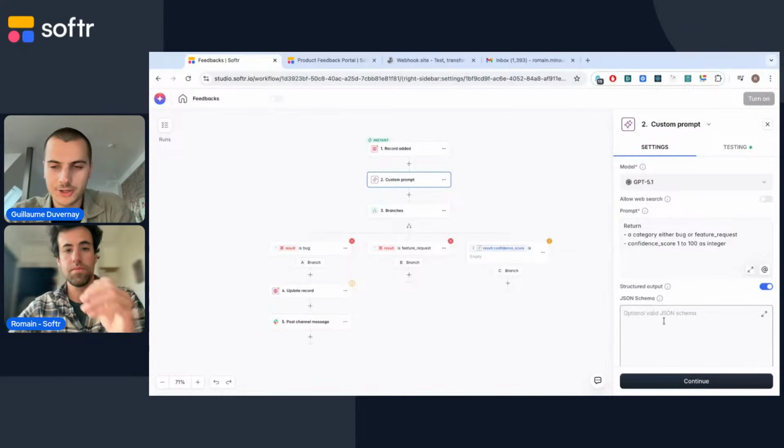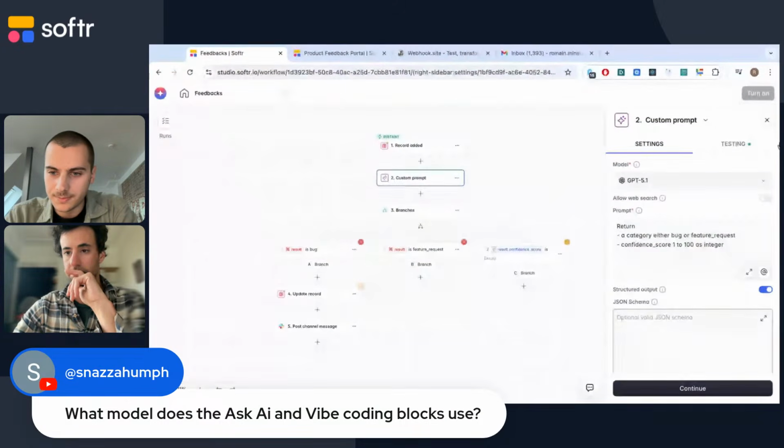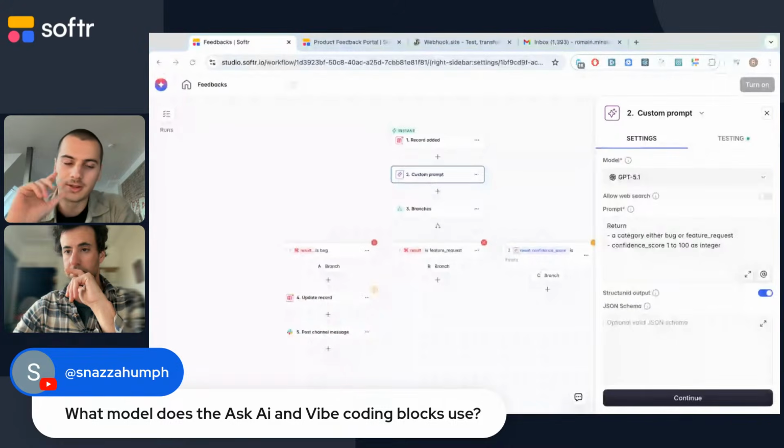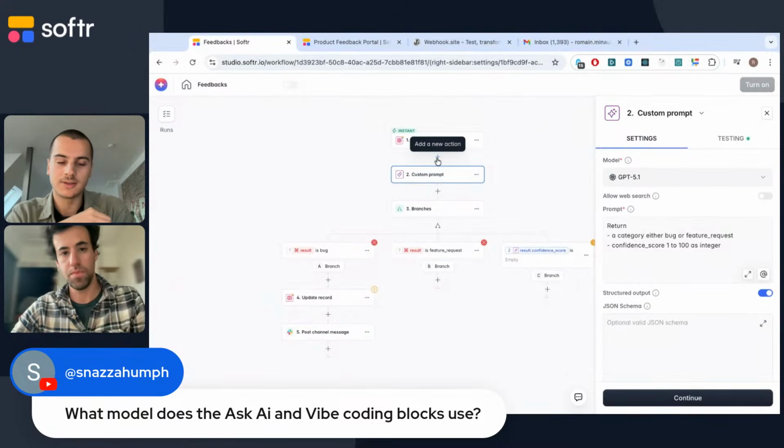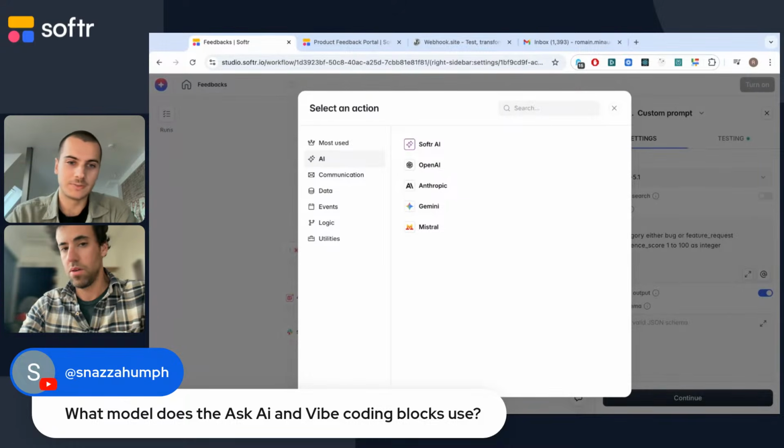There is a question, not directly related to workflows, but someone asked about the different types of AI features within the software and for which you can actually select models, etc. Maybe a first element of answer is that for Ask AI in the vibe coding block, we build the technology that's underlying and select the best fitting model for those.